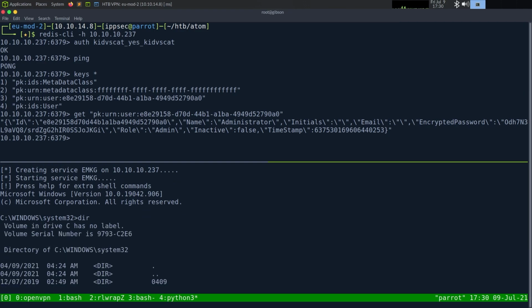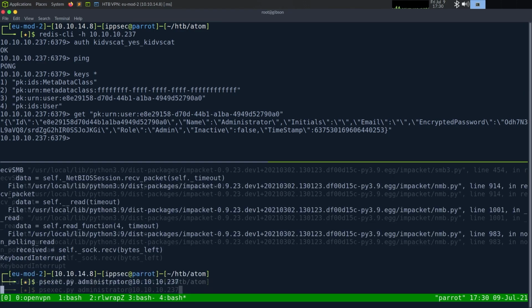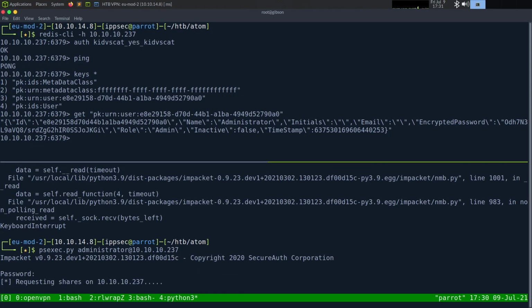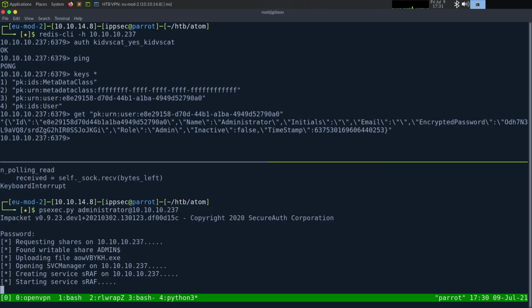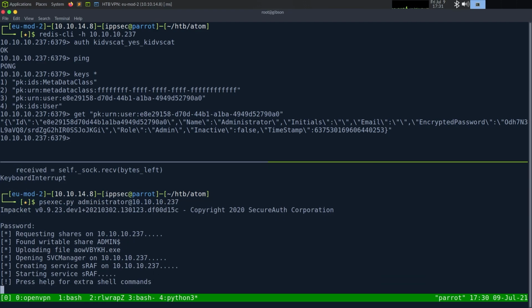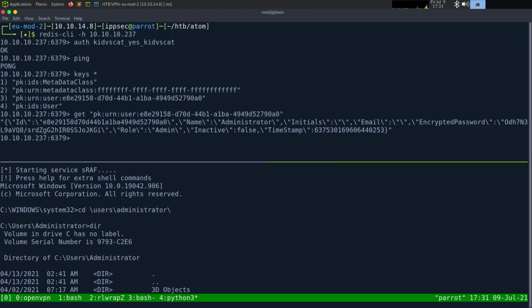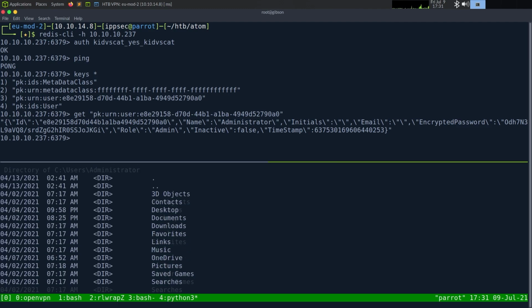We could also use wmiexec or evil-winrm. There's a ton of ways we can get access to this. The reason why I killed that is I did dir in system32 and it took forever to get output. But if we go Users, Administrator, and then we look at Desktop,